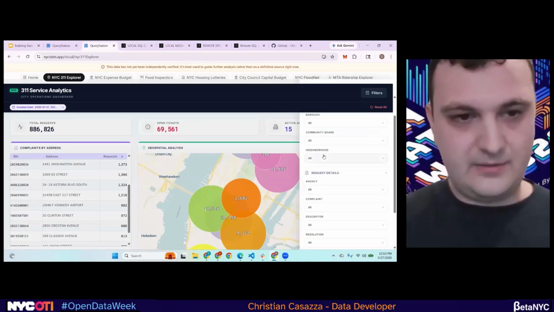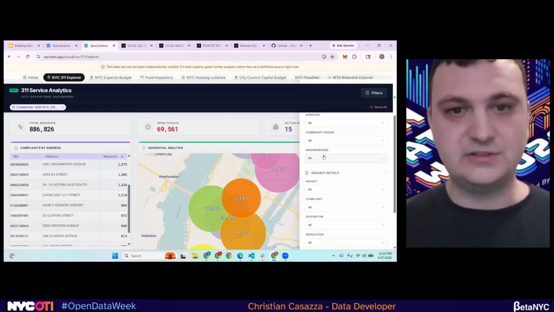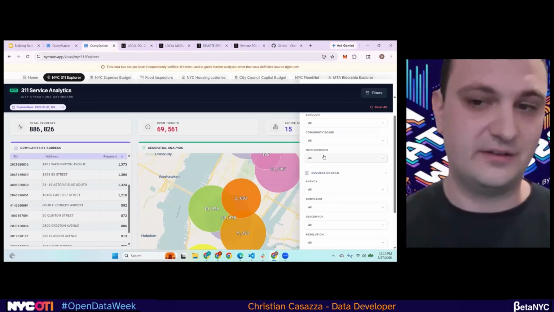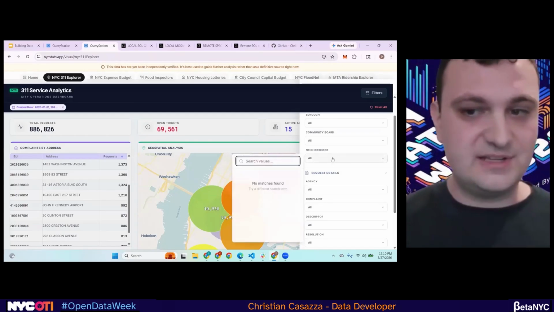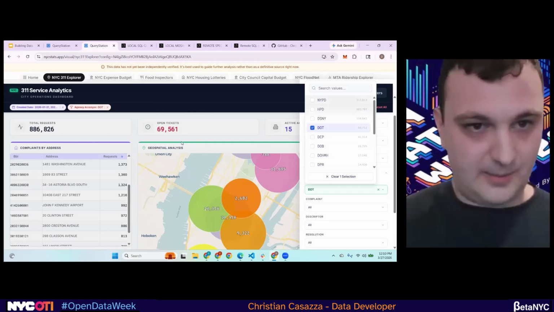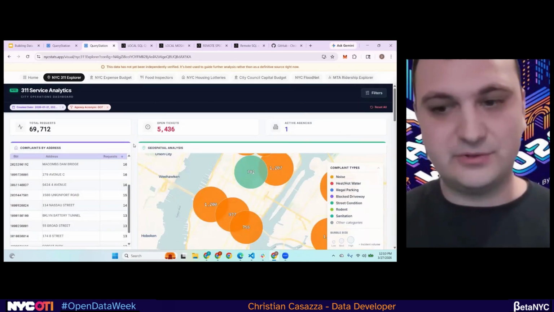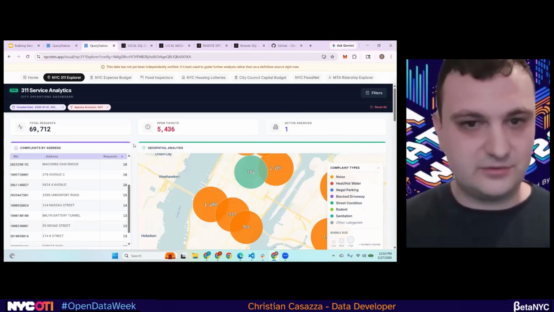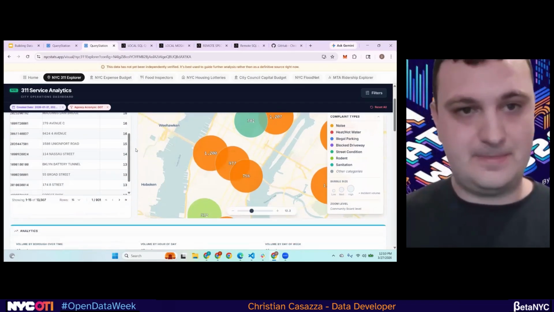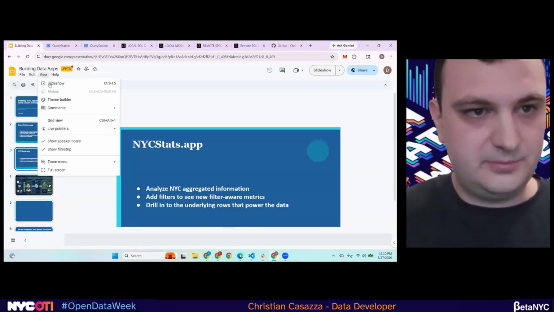A lot of times when you're working with data pipelines and dashboards, you need to do your analysis up front and create specialized views of already pre-calculated stuff. Thanks to DuckDB, it's now cheap enough and simple enough to do something like this, where I can just apply a new filter and it can recalculate all the same metrics in real time. So instead of having to create all these different possibilities, you can just work directly off your raw data set. Great. So that's a little preview of that.